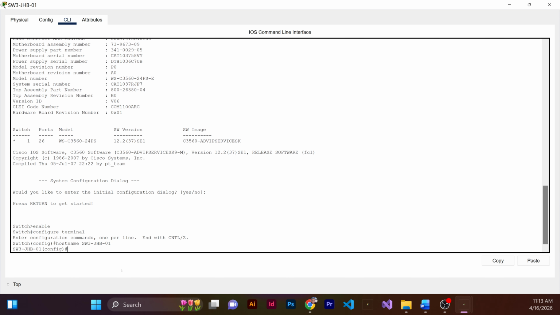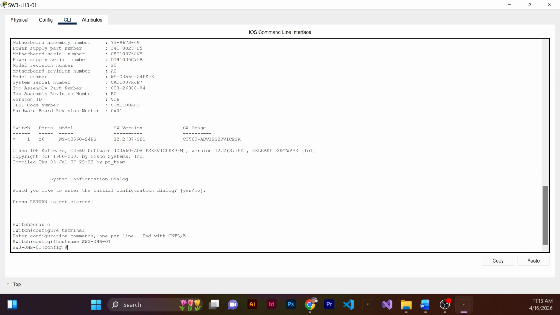Now here's a critical step. We need to enable a layer 3 routing engine. So without this, the SVIs have IPs, but they will never route anything between the VLANs. So we'll say here ip routing,